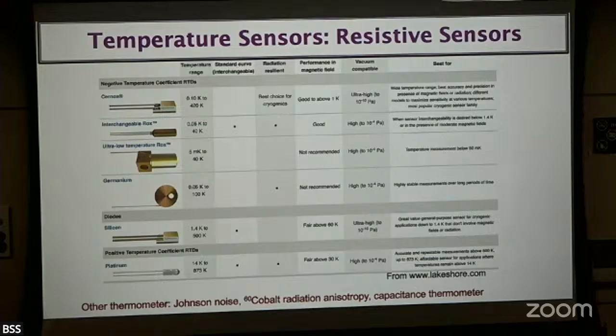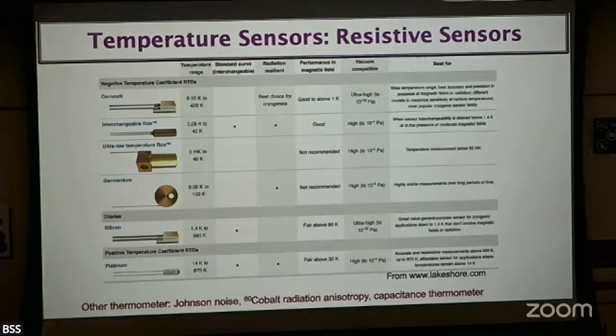I mean, you have to go through probably 60 or more signatures to put the radiation element inside of my fridge, and forget it, I cannot use the National High Magnetic Lab, and all kinds of things. And then capacitance thermometers also work over a relatively narrow range, except for the Johnson noise. And they are very specialized thermometers. So there is a way of calibrating it, but that's not very common.